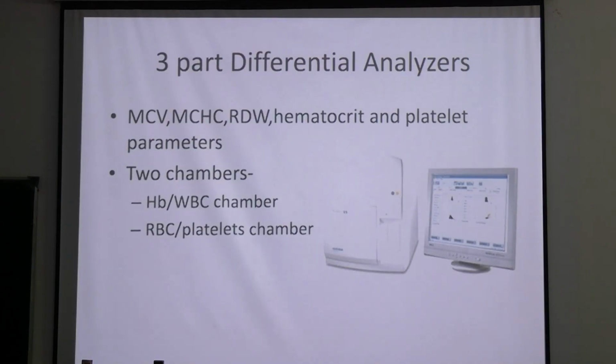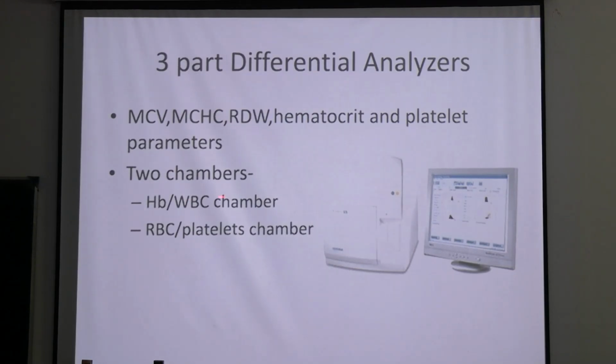So, this is the 3-part counter. It has two chambers, one is the hemoglobin WBC chamber and another is the RBC platelets chamber. Here you will get a graph like this and you will get all the parameters: MCV, MCH, MCHC, RDW, hematocrit, platelet,